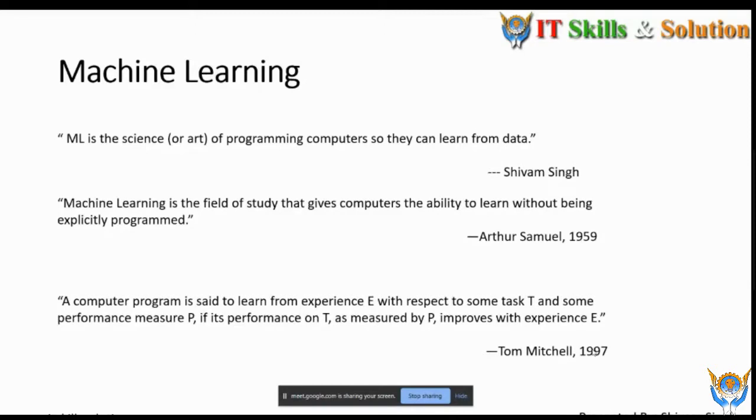Okay, this difference comes in 1959. After that, the definition given by Tom Mitchell. I want to explain the definition to you. The very first machine learning application was spam classification, spam mail classification. Basically you get a mail, and you see that there are many mails which have no use. There are many spam mails in your mailbox. So they build a model.